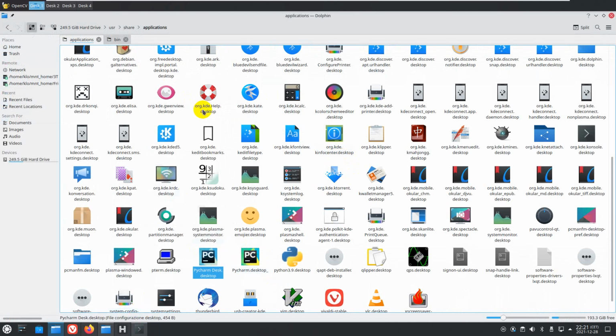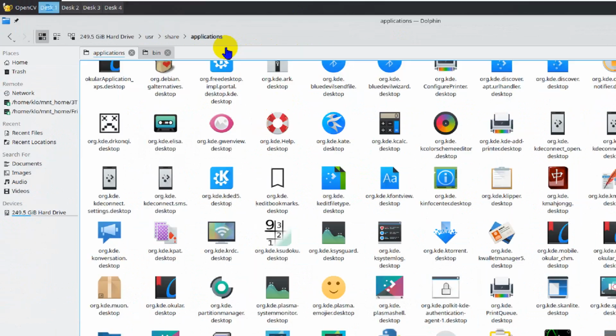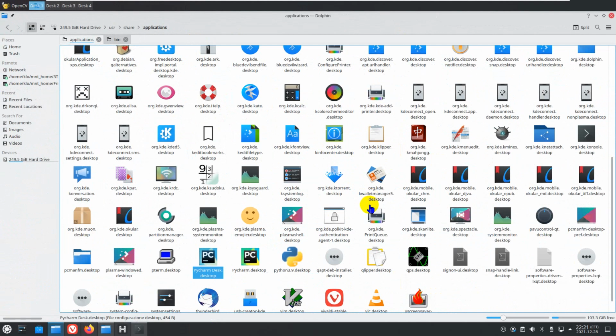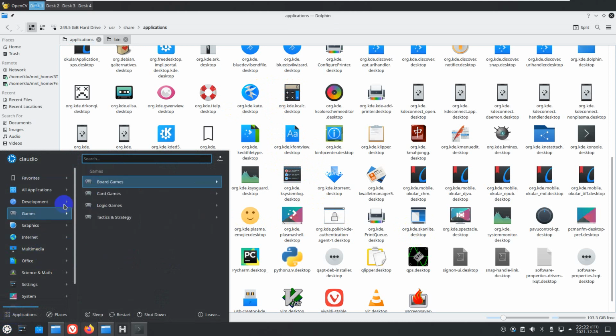Okay, this one is inside this path. As we can see here, it's a USR share application. There are all the desktop files which contain the directives to show an icon in the start menu here in Kubuntu,